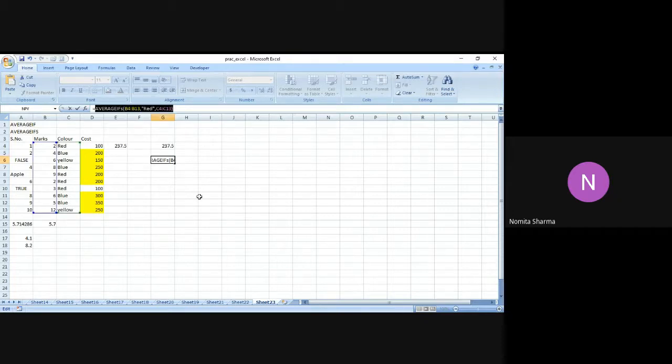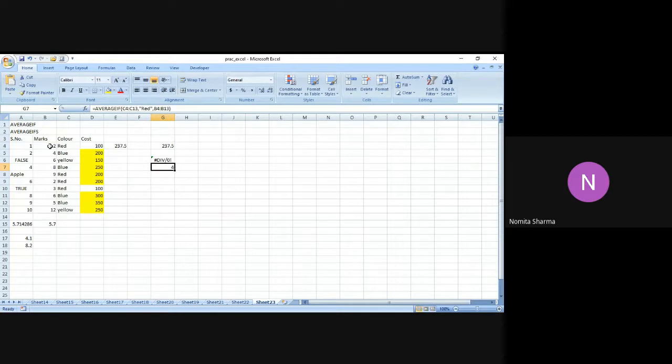So if I do this calculation, let me write it one more time. I say AVERAGEIF bracket, I give the range, I give the criteria, and then I mention the average range, and then I close the bracket. So this time I've got 4 as the answer, and I hope you can make out the mistake that we were making. We were actually giving the range for the average and for the criteria in a different position.